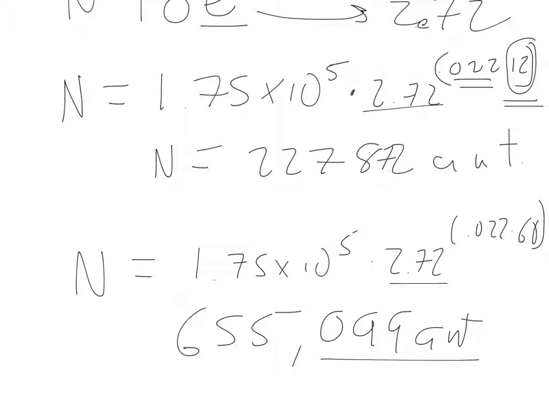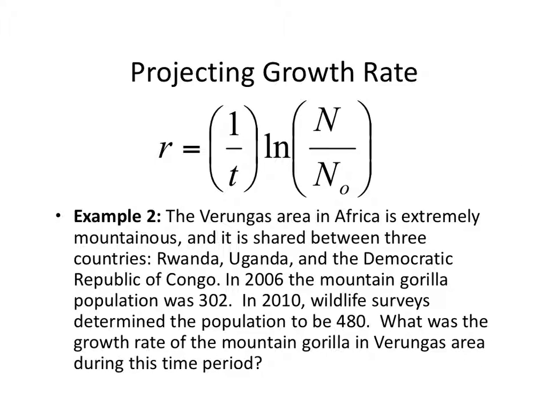All right, so that's how we utilize the projecting population equation using the standard exponential growth equation. All right, the second example is utilizing a derivation of that first equation and isolating our r value, or in this case, the growth rate. So here we have 1 over t, so remember t is based on the r value, and then we have our N, which is the final population, and N0, which is our initial